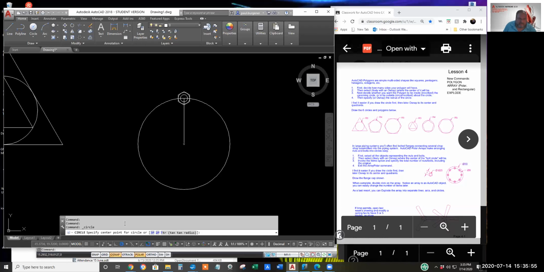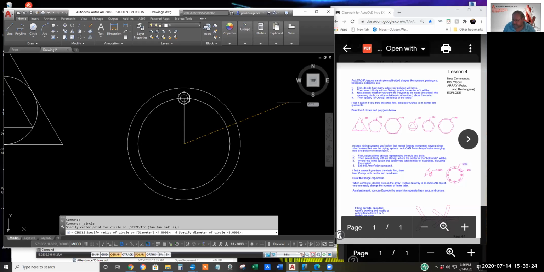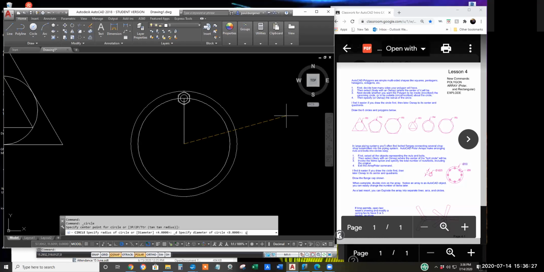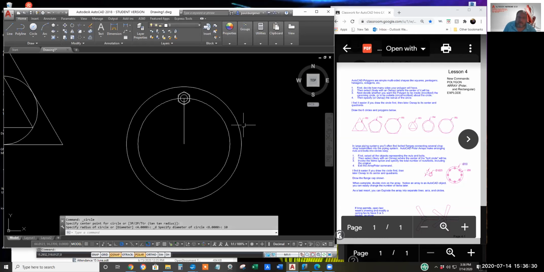Where was I? Circle command says specify the center point. I think in my sliding around I interrupted the process here. I'll go to the center point of the circle and O-snap at that endpoint or at that center point. Not sure why I can't force it to home in on the center point, but I know it's the same point, so either one's good. What did I say? 10. Thank you. 10 unit diameter. Eventually, we'll erase these guidelines, chalk lines.